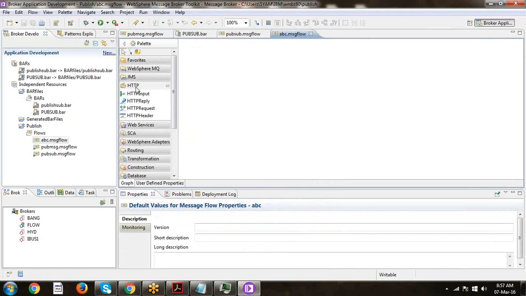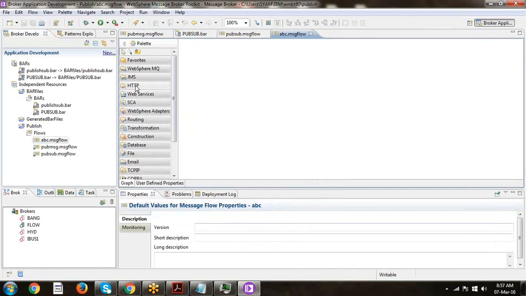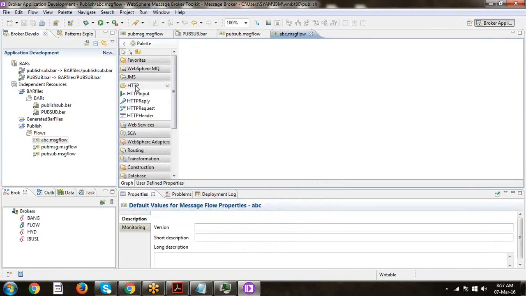What is the difference between HTTP and web services? Web services have a specific format. For HTTP, if you want to receive HTTP input, we just drag and drop like this.